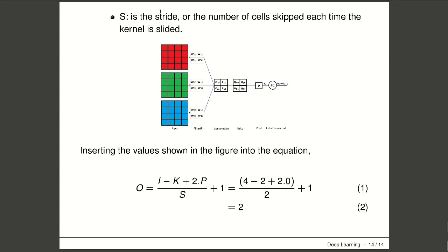And if we pad our input, the output feature map can be calculated with this formula: the input size minus the kernel size plus 2 times the padding, divided by the stride, plus 1 at the end. In this case, we do not have any padding, therefore our input size, which is 4, minus 2, which is the filter size, divided by the stride, plus 1. Since we do not have any padding, our output for the feature map is equal to